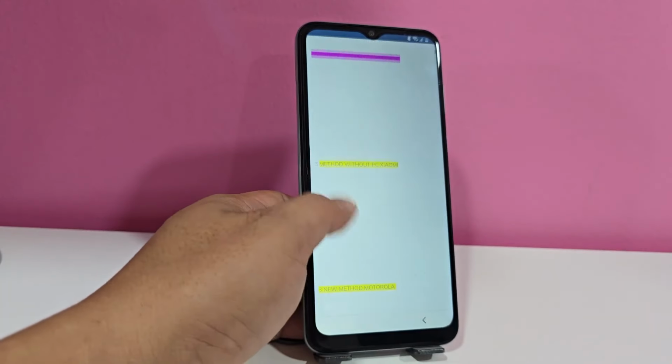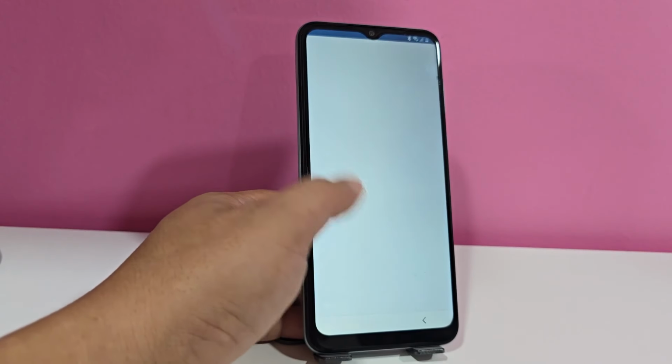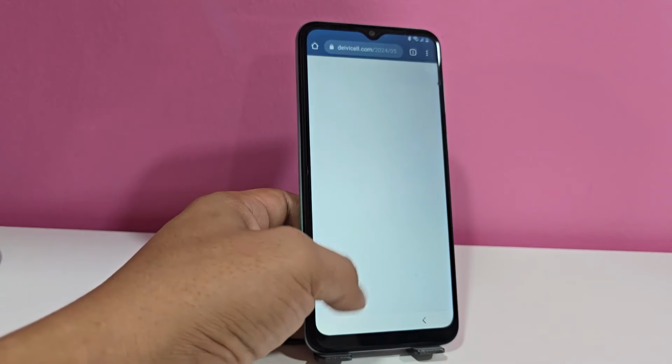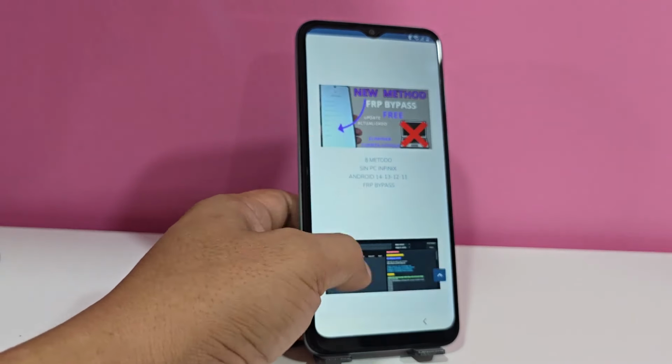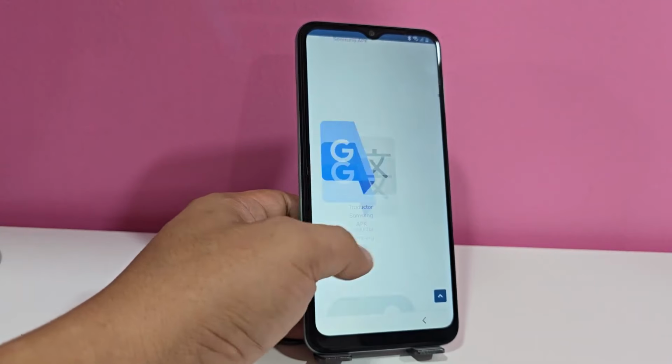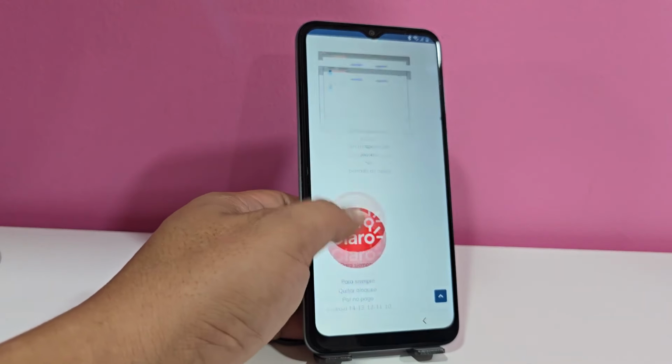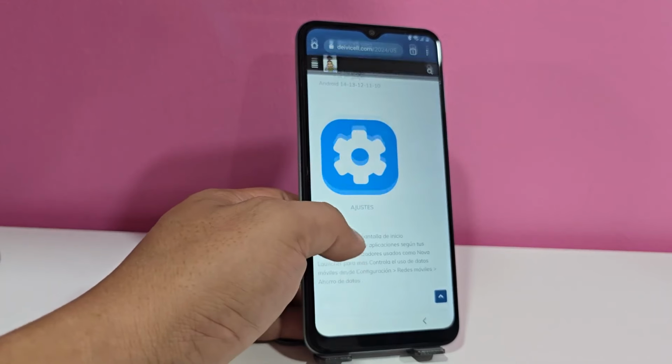Here they will load, but you do not go to this one. We are not going to use what they are in this video tutorial. We are only going to look for some functions that will give us access. Here we are going to go down. To go up we are going to go Musta. Let's look for 2